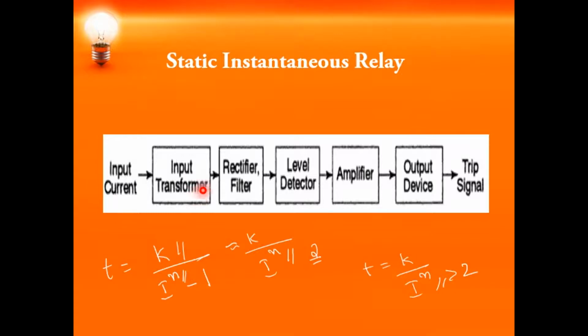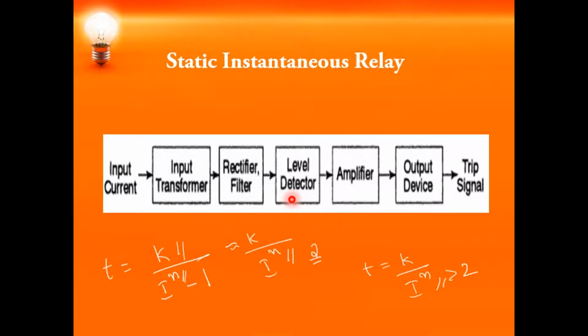So the output of the transformer is then rectified and it is filtered in order to ensure high speed of operation. Then we will have a limiter. Limiter is nothing but the Zener diode, which will limit the magnitude of the quantity to some value. And a portion of the measured quantity is given as input to the level detector, otherwise your